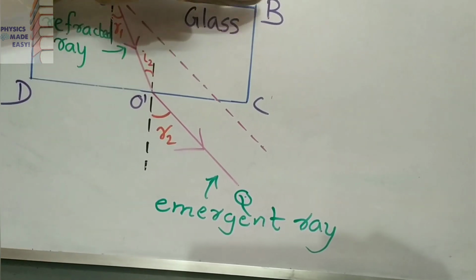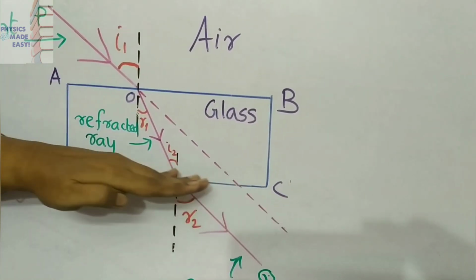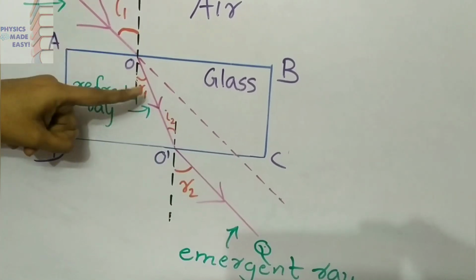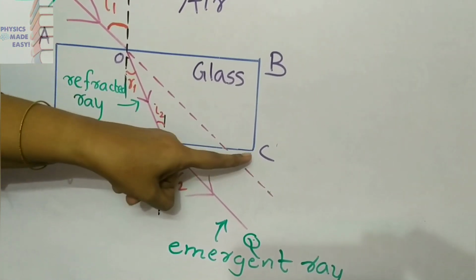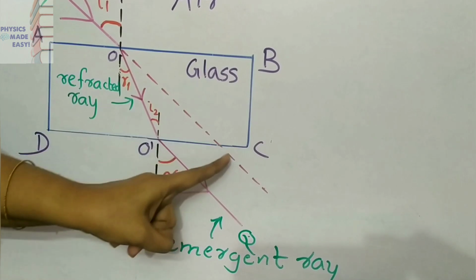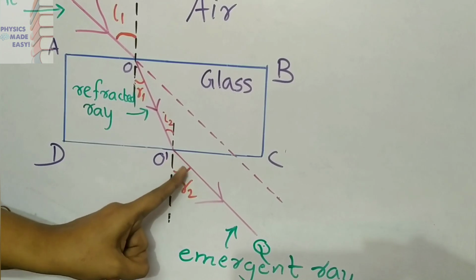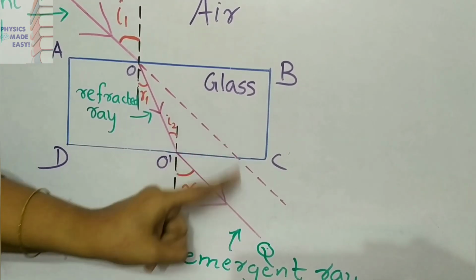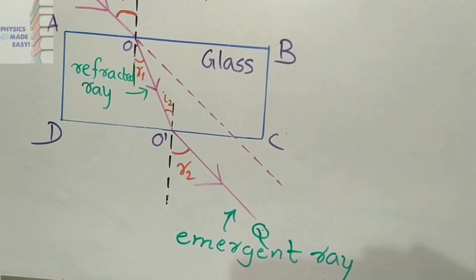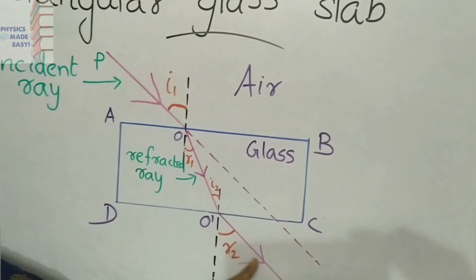Okay children, one refraction is happening here at the interface of air and glass. The second refraction is happening at the interface of glass and air. So here incident ray, refracted ray, again that ray is incident at this interface and coming out. The ray is emerging out from this glass slab ABCD. So the ray which is emerging out from the glass slab we call the emergent ray. Children, you have to know, sometimes it will be asked in the exam that you have to mark the incident ray, this is the refracted ray, and again this is the emergent ray.